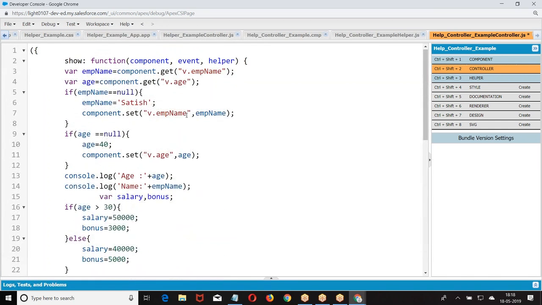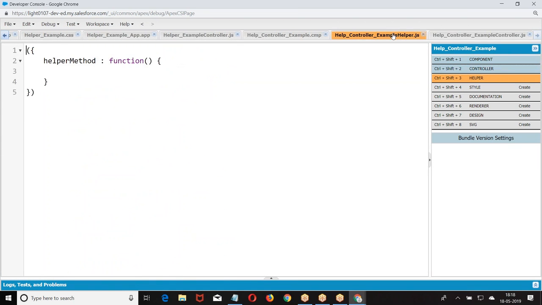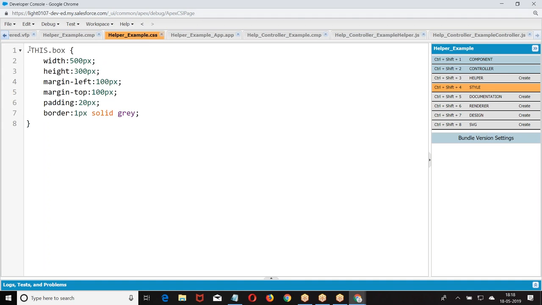This is how we got it. Right. Now this is the helper method. Apply the CSS also.